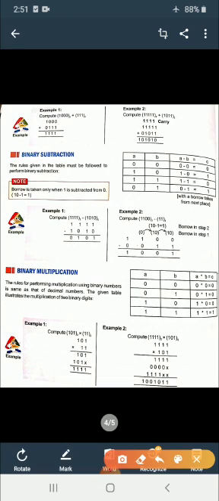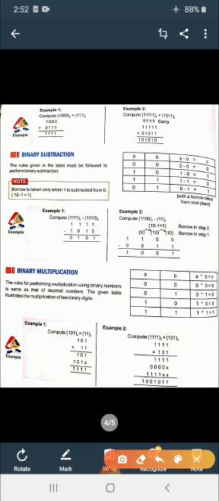So 1 plus 1, as we discussed, gives you 10. So carry became 1 and 0 became the answer. Next one is 1 plus 1 is 10, and 10 plus 1 is again 11. So carry became 1 and I got answer 1 here. And again 1 plus 1 is 10, and 10 plus 1 is 11 again. Again carry has come 1, and 1 plus 1 is 10, so I have written 10 at last. So this is the way how we are going to add.